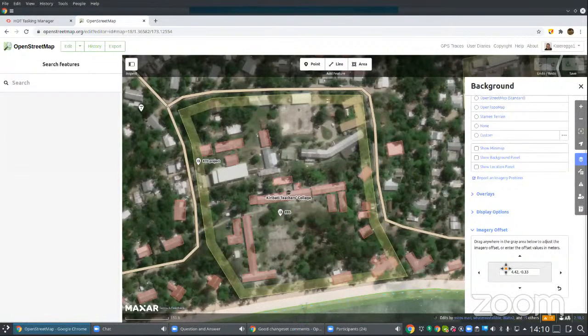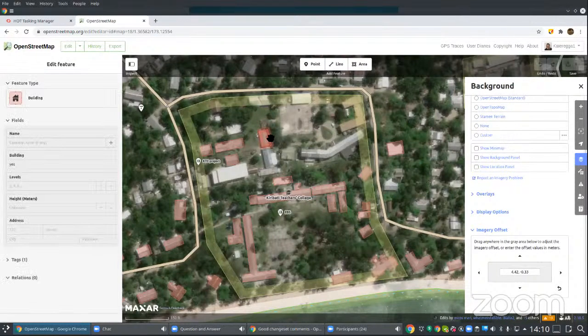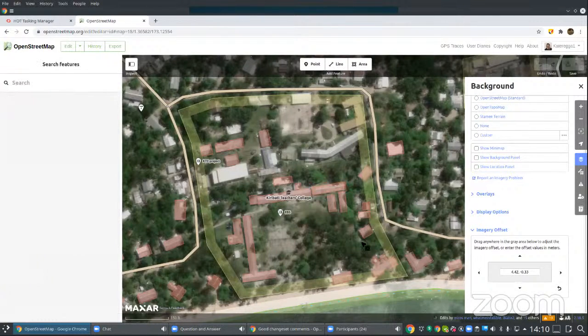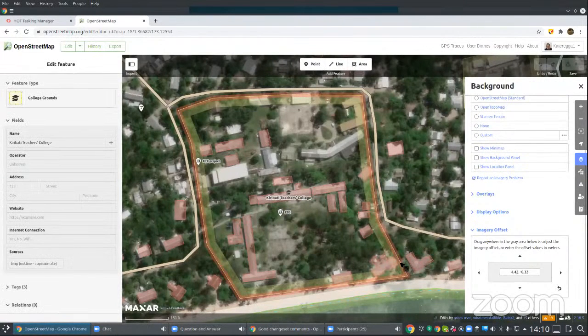So that's how you correct imagery offset to be able to continue mapping when you're working with different imageries. What is not advisable is for you to move objects that have been mapped to match the imagery. What is advisable is for you to move the imagery to match the existing data. So at this point, I can continue